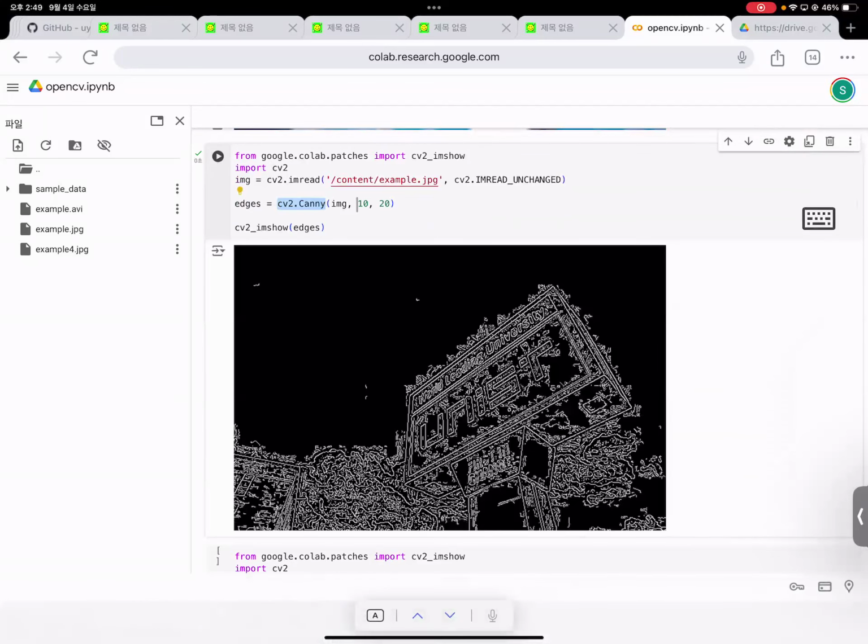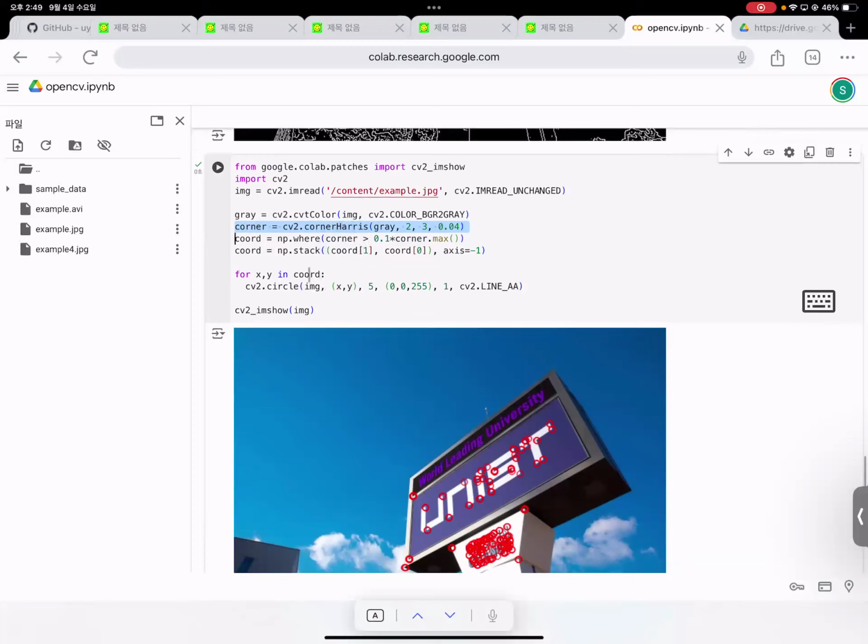Okay. And also, this is the corner detection algorithm, which is actually very famous, whose name is Harris corner detection algorithm. And actually you can detect corner locations with this one line of code implemented in OpenCV, and